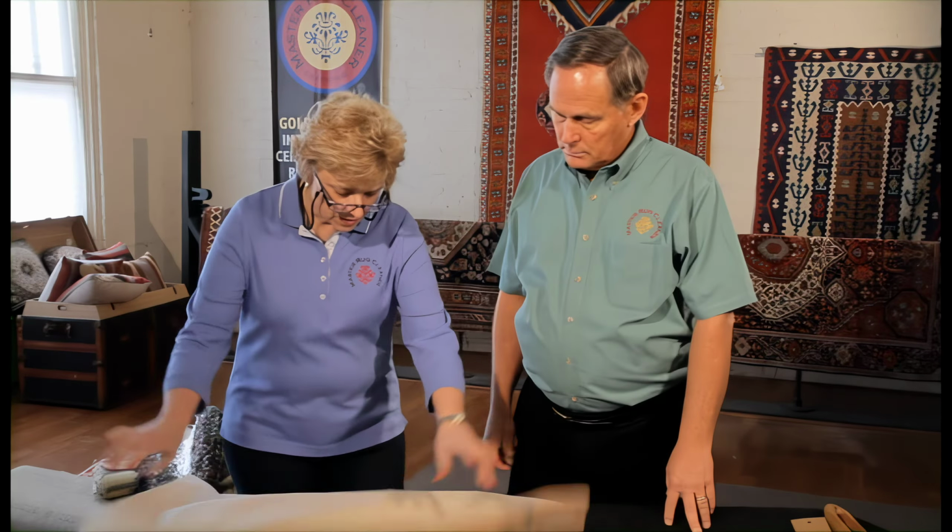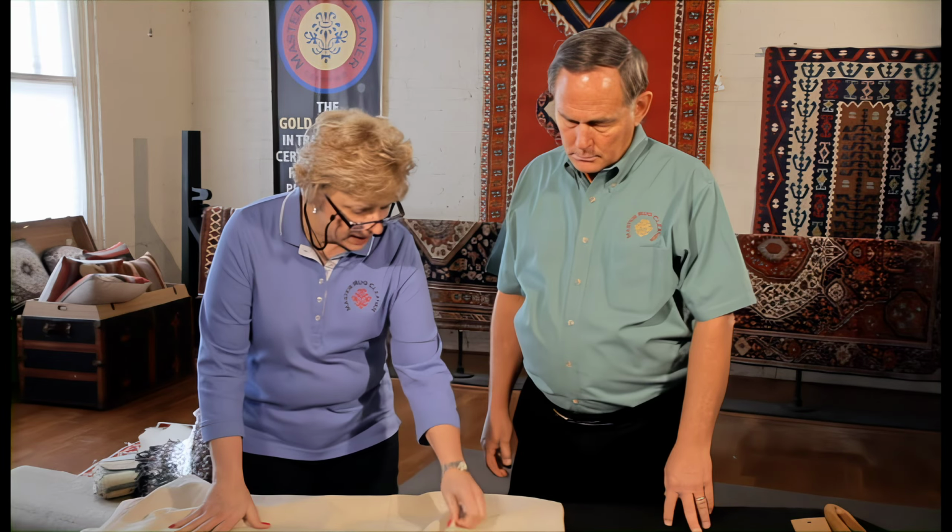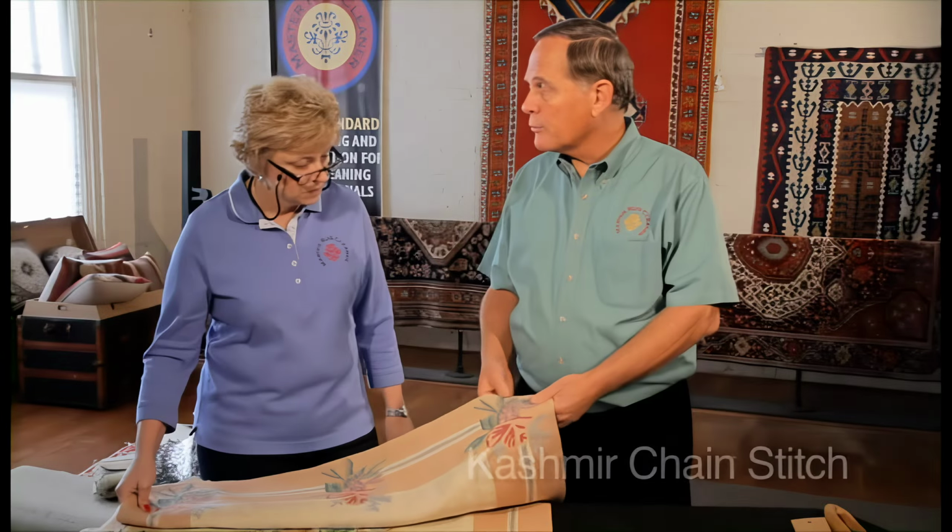Aaron, I see this is a rug that comes in our plant quite often, and it has a backing stitched onto the back. What can you tell me about this? Well, these are referred to in the trade as cashmere chain stitch because they come from the state in India